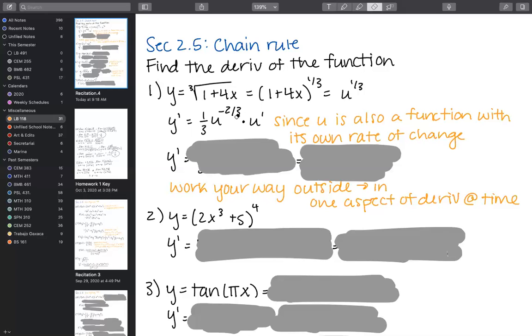So we have the outermost derivative wherein we keep the function itself the same. And then we take the derivative of the function that's on the inside. So that looks like this. Like I said, the function stays exactly the same, but then we multiply it by the derivative on the inside. This might be the greater aspect of the derivative. It takes up the most space on our page, certainly, but this is the core function. And so we have to account for its rate of change, for the rate of change of 4x.